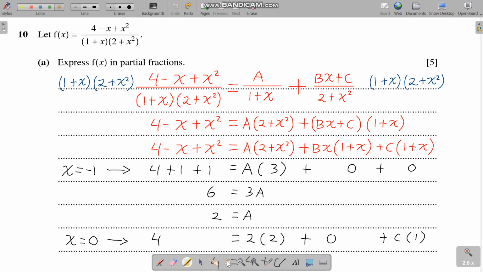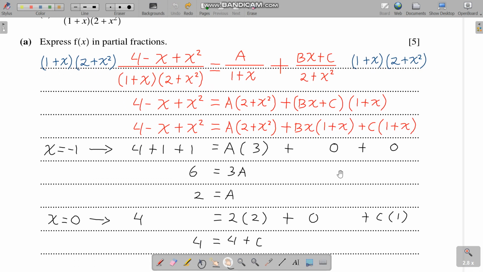And after you recognize which forms we have to use for the simple linear and for the unfactorizable quadratic, now all we gotta do is to multiply both sides by the denominator, so they cancel out. On the left we have only the numerator, and on the right, after we multiply, we cancel out, we have a times 2 plus x squared, and we multiply, cancel out, we have bx plus c times